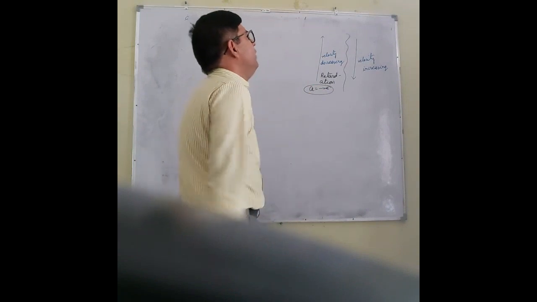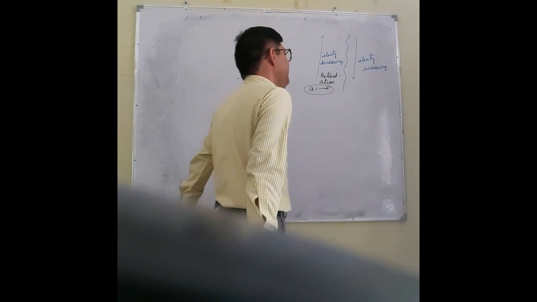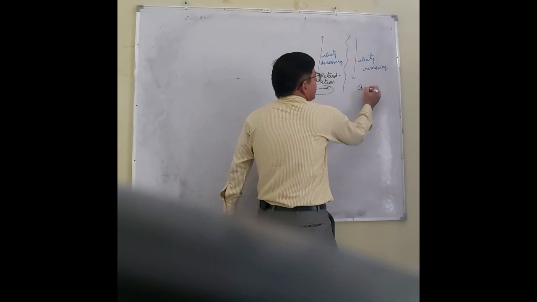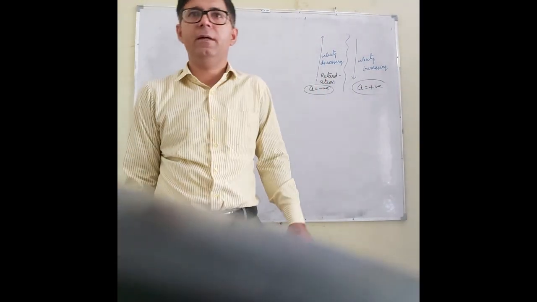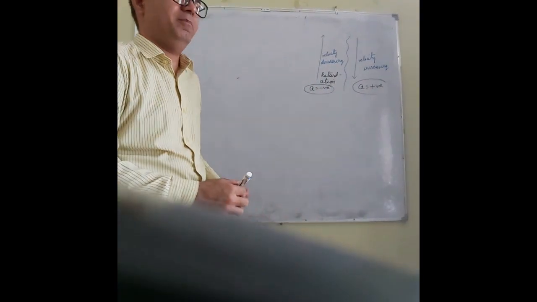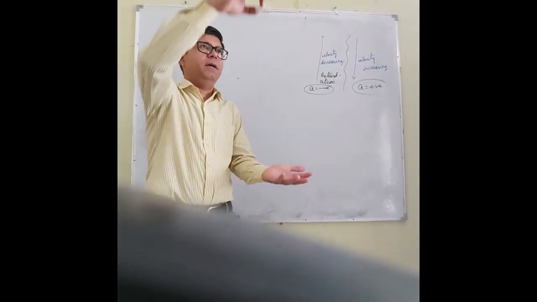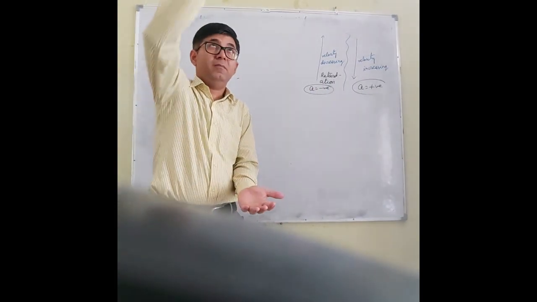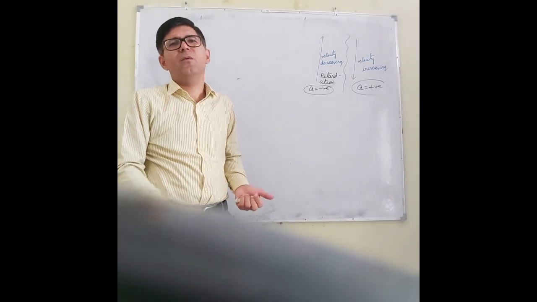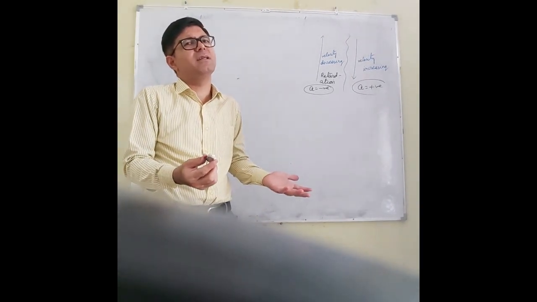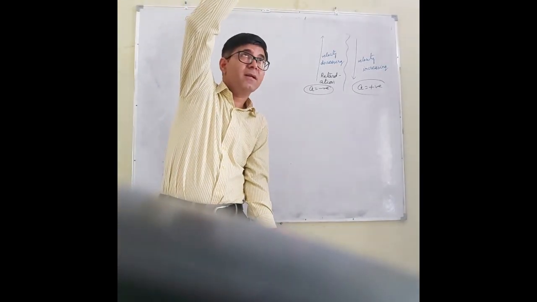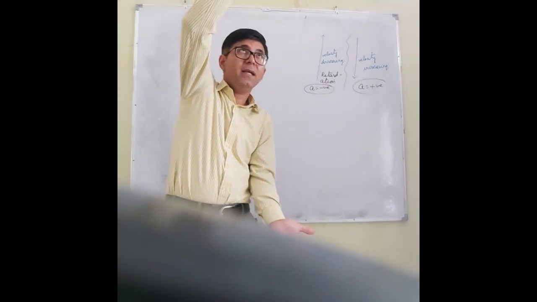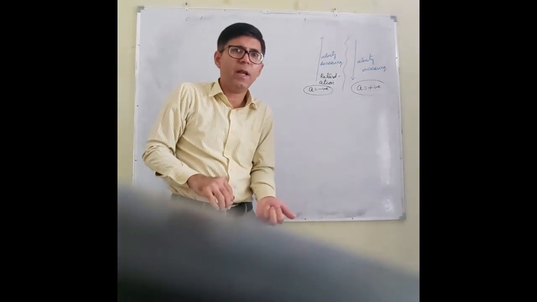And what is the name given to increasing velocity? It is positive acceleration. Clear? Now my question is, let us say this is an object, it is falling. Why is there an increase in the velocity? It is at rest. Why does it increase speed? I have not thrown it like this.